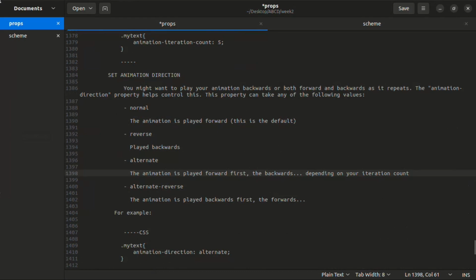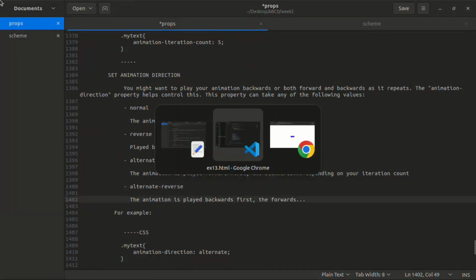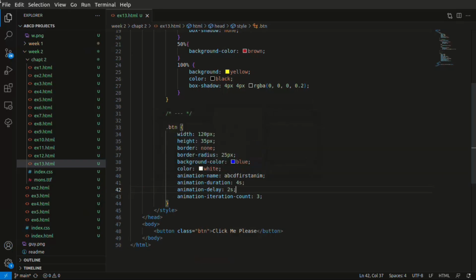Alright then, you should play forward first, then backward, then forward, then backward, depending on your iteration count. And then the alternate reverse is for you to play backward first then forward. So let's go back and see our guy. So let's tell him the animation direction